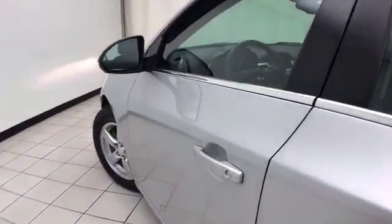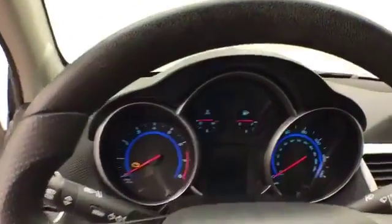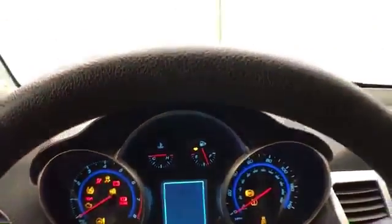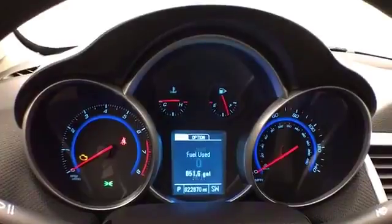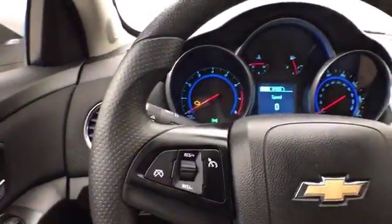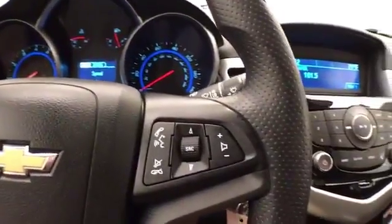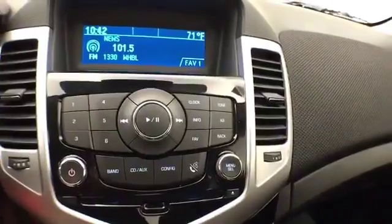This LT has keyless entry, power windows, locks, mirrors, height adjust for the driver's seat, along with a tilt and telescopic steering wheel to put you in that perfect driving position. Easy to read gauges, again only 22,000 miles with driver information system, cruise control, steering wheel mounted audio controls so you can keep your hands on the wheel, easy to operate radio and CD player,